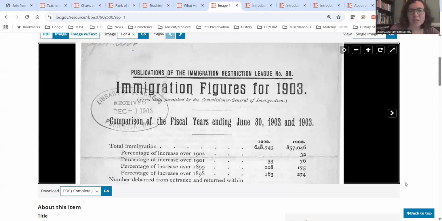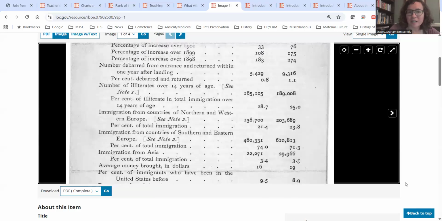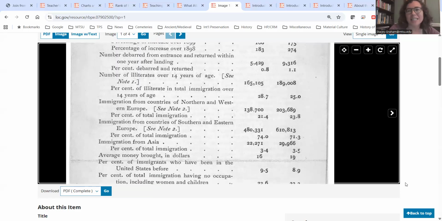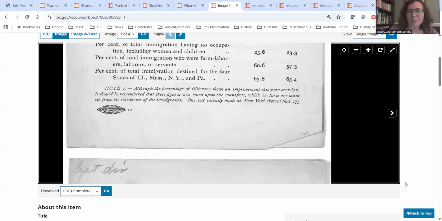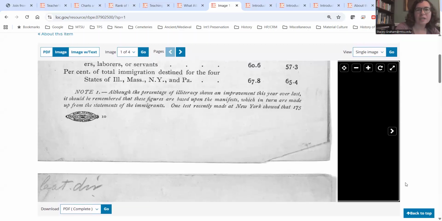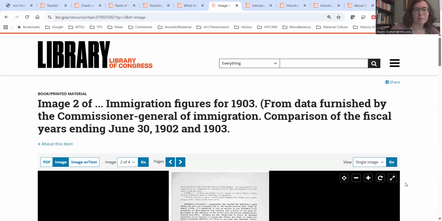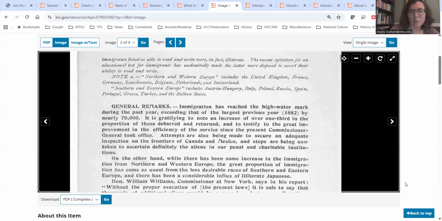of the world. They're looking at how much immigration has increased over recent years, how much immigration of illiterate people has increased, and how much immigration from Southern and Eastern Europe has increased as opposed to Northern and Western Europe. And then they have their little explanatory notes talking about how immigrants themselves were allowed to report whether or not they were illiterate. So, of course, maybe you can't believe all of them, because they're going to want to say that they